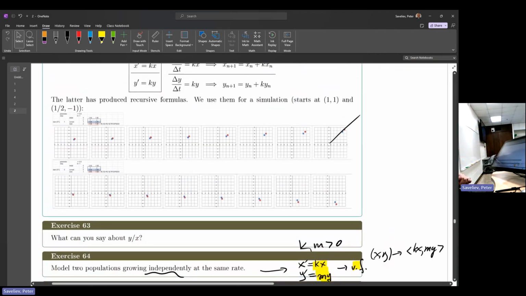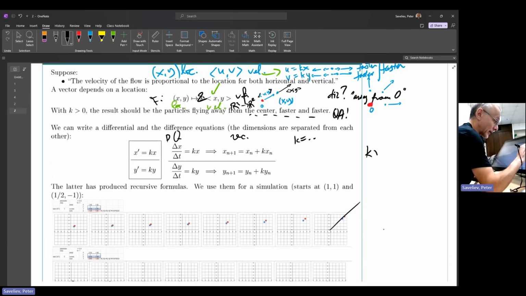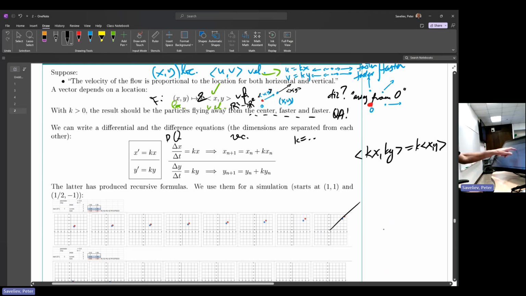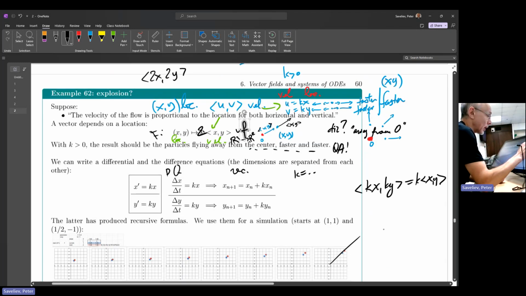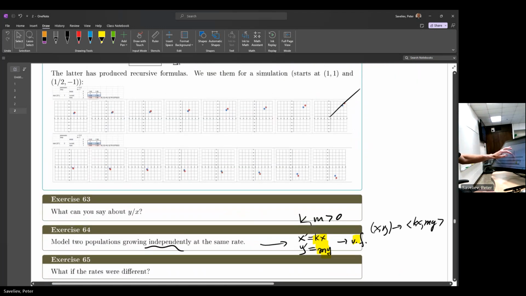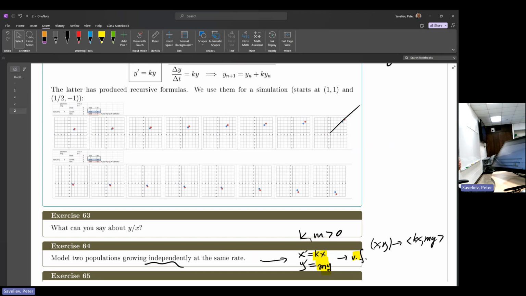So what difference does that make? Instead of having, as I did over here, kx, ky, which happens to be k times xy, which is literally a stretch of the vector xy, and therefore the directions, like we just saw, point away from the point, leaving the origin behind. What about here? What's the direction? It depends on where x and y are, so it would make a curve as you follow it. Right, so it's not going to be a straight line anymore. So best we can say is: